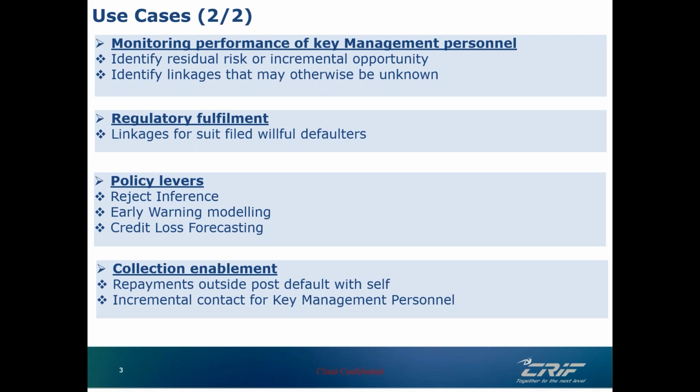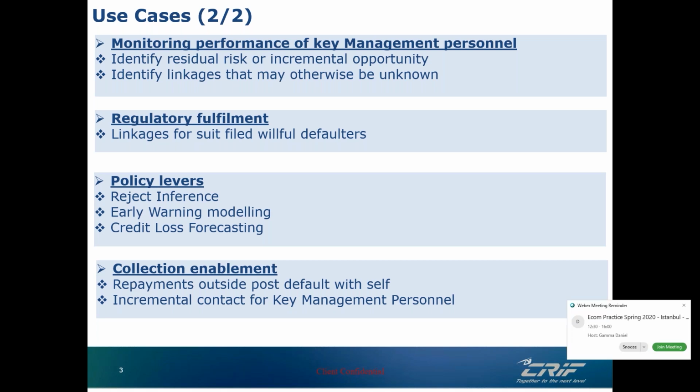Therefore, when you are evaluating a borrower or an applicant that you have rejected from a suitability standpoint, it is not sufficient to just look at the borrowing history of the non-individual entity. You must look at the borrowing history of the non-individual, which is the entity, as well as the borrowing history of individuals who are associated with the organization. It is only when you combine these two that you are able to arrive at a portfolio action or a policy action that is beneficial for you as a lender.